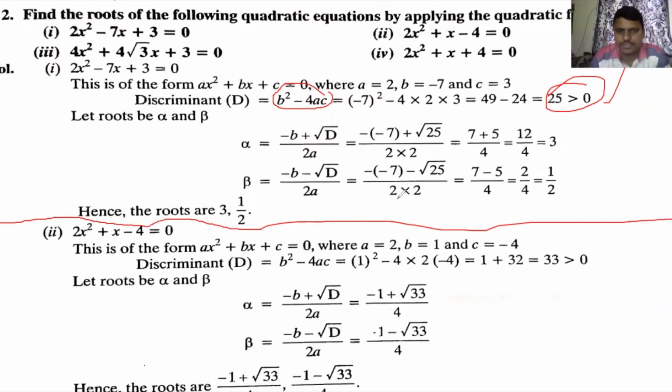This is a very easy topic, but you have to understand plus or minus carefully. In the formula this is minus b, but the b value is also minus. There are 2 minuses, keep it in mind. Here the root 25 value is 5; we know that the square root of 25 is 5. But root 33 is not a perfect square, so leave it like that only, no problem. That is the final answer.